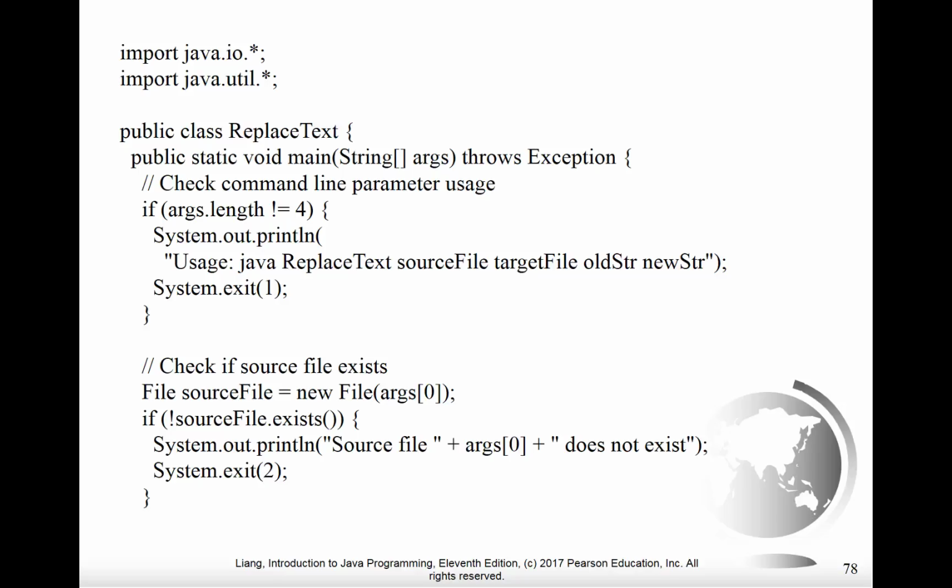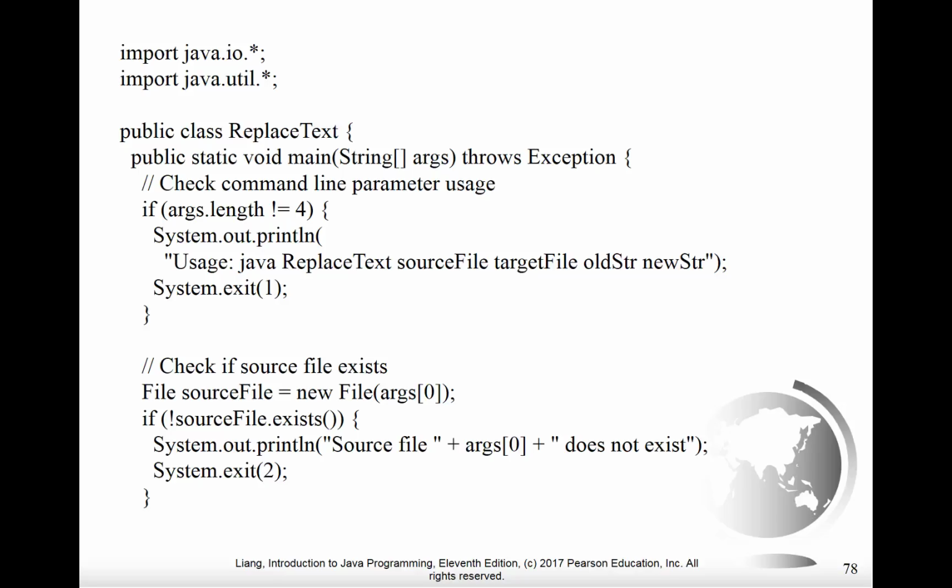The next thing we check is to make sure the source file actually exists, because if it doesn't exist we can't proceed. So here we create a file object called sourceFile, and we use argument 0 off the command line to represent the name of that file. We then check to see if it exists by checking the exists method of sourceFile, and if that comes up false, then not false is true, two wrongs make a right, and that means that we will not proceed,